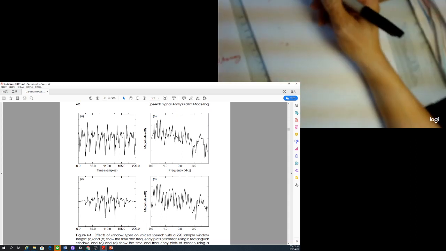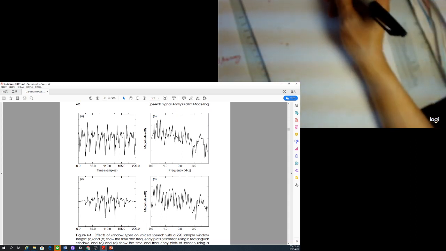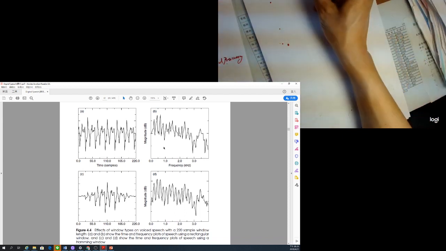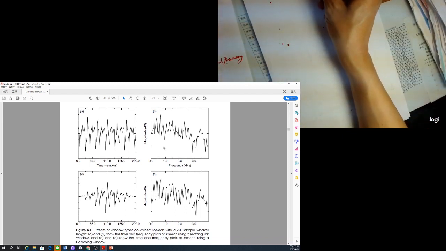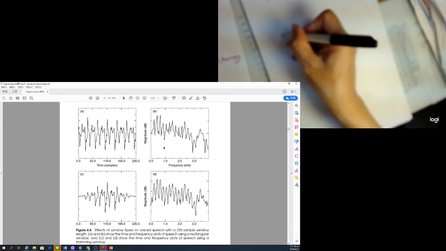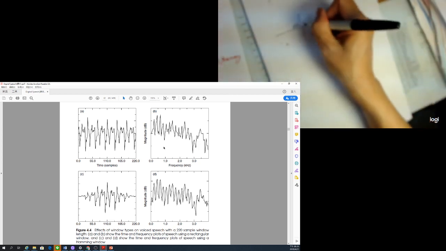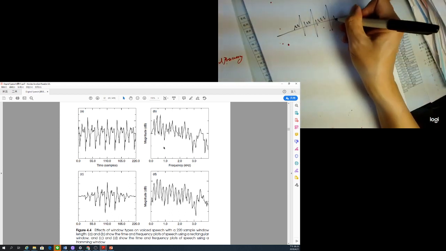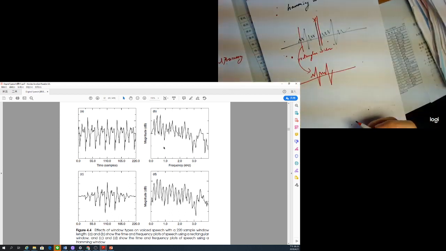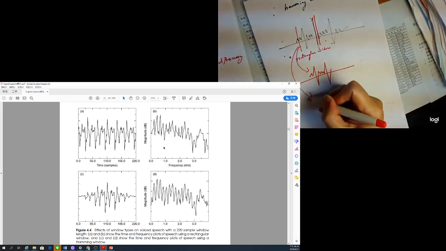B shows the time plot of the rectangle, and C is using Hamming. Most of the time we are talking about the Hamming window. Right now they show you the rectangular window. So if you have an original signal like this one, if you are using the Hamming window,